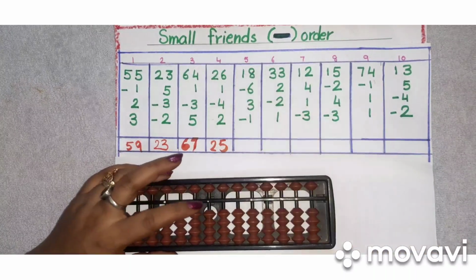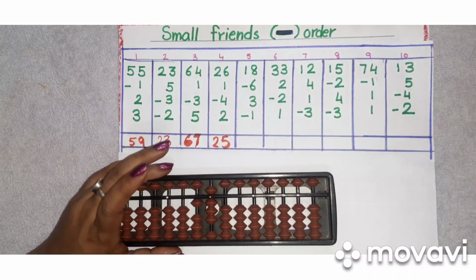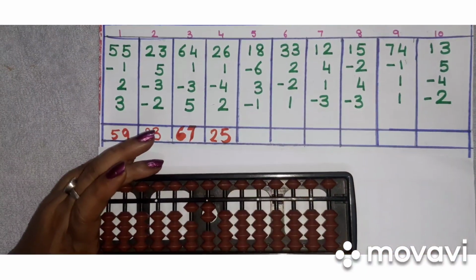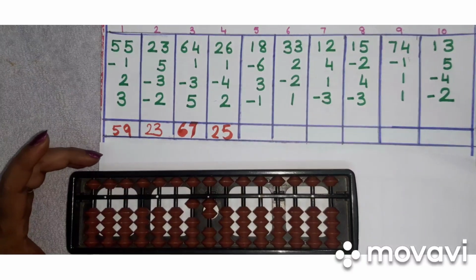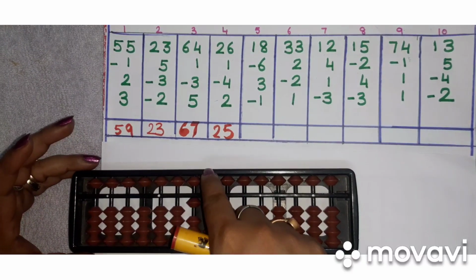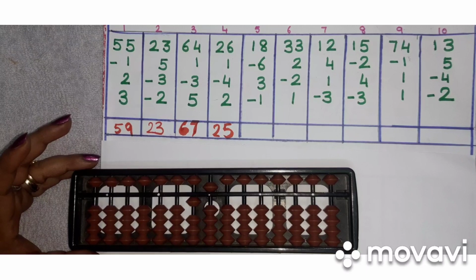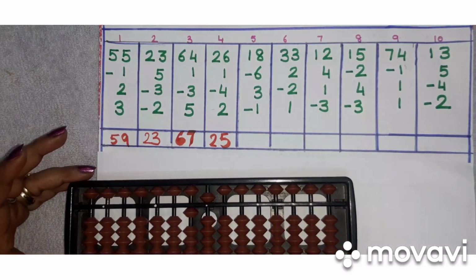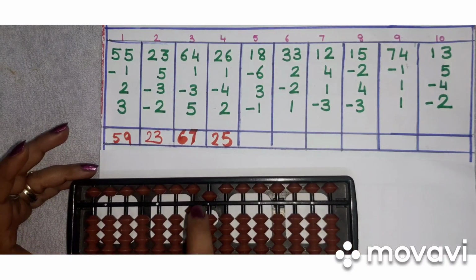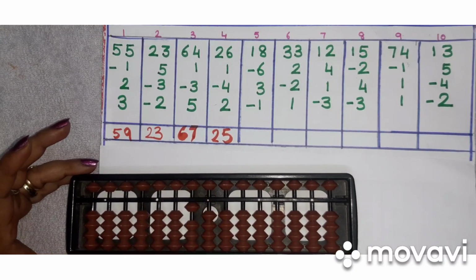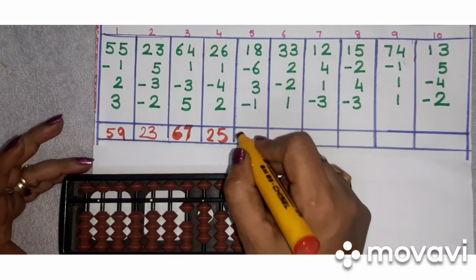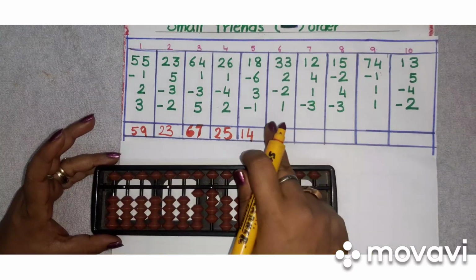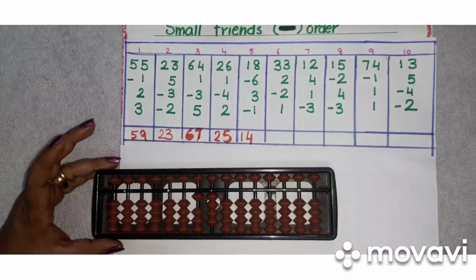Now just see 1, 8, 18. Can we add 18 directly? Yes. Now less 6 is directly, that is we are going to separate it. Now 3. Can you add 3 here? No. In that case, add your boss 5 and less your friend 2. Now what is this? Less 1. One's friend is 4 and it is less. So what we are going to do? Less your boss 5 and who is one's friend? 4. So it is how much, children, now? 1, 4, 14.